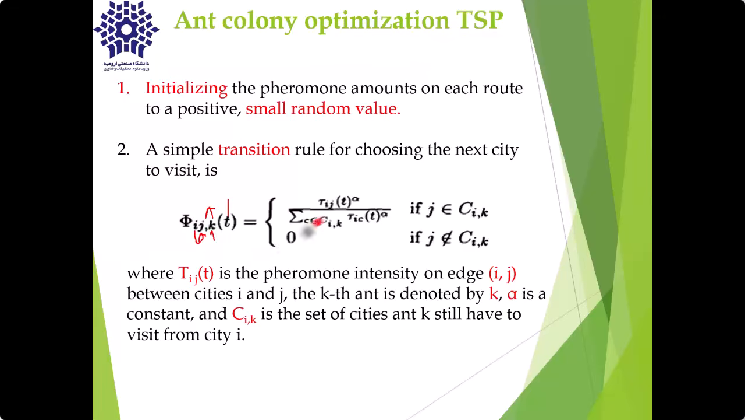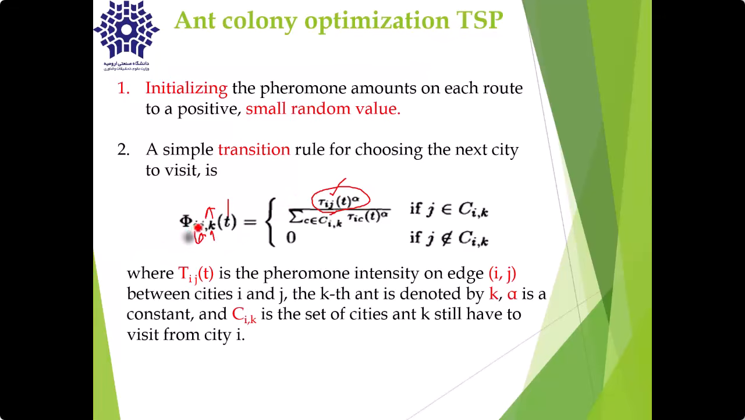So we want to travel. There is a parameter tau. Tau means the amount of pheromone between city I and city J at time T. We want to find the shortest path. Therefore, when we are at city A and want to travel to the next city, we select the city with more ants. We select the city with more pheromone. Therefore,